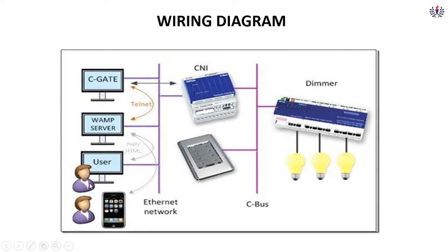In addition to that, if we use the Visor module, we can have the internet. If we have the internet, we can control it remotely also, which in turn connects with a wired system or wireless system. Later it will be connected to the same C-gate, which acts as a configuration between the input devices from the source. Later it is connected by means of the Ethernet cable, and in turn it is connected to the dimmer circuit. So this is the general layout or block diagram of the C-bus networking system for home automation.